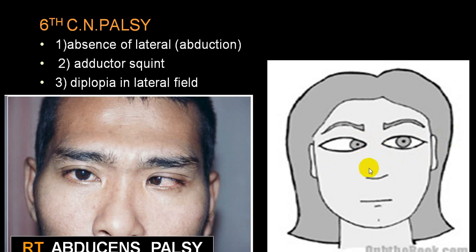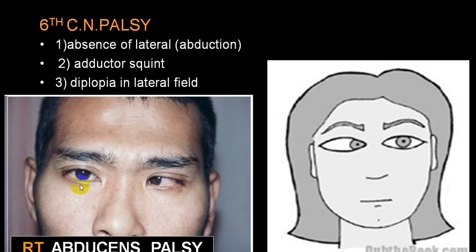And if this is the position when a person is looking straight, then you can say that the left side eyeball is centrally positioned, but this eyeball cannot move laterally. So this will be the paralyzed eye, lateral rectus palsy. And here same thing. If you ask the person to look in the center and the person is not able to move this eyeball laterally, it means you have got palsy here.